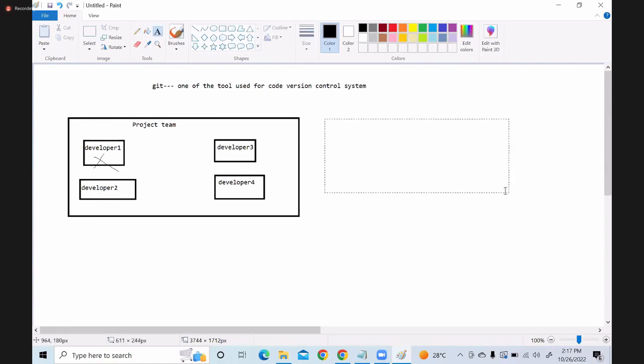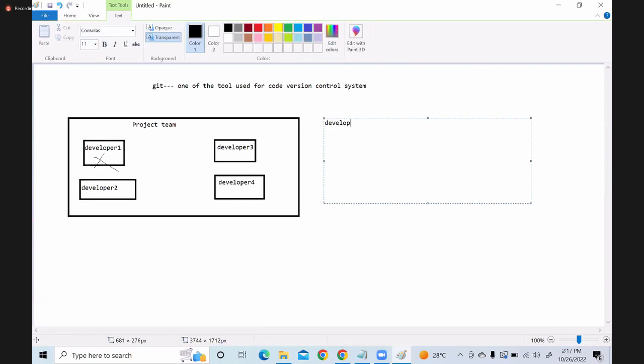Developers develop their code in their local machines, but they cannot save the code permanently in their machines, because if the machine crashes, they lose it.